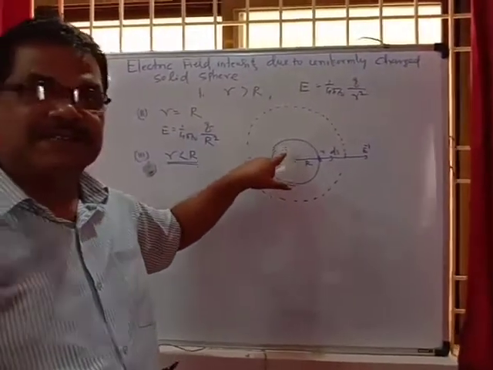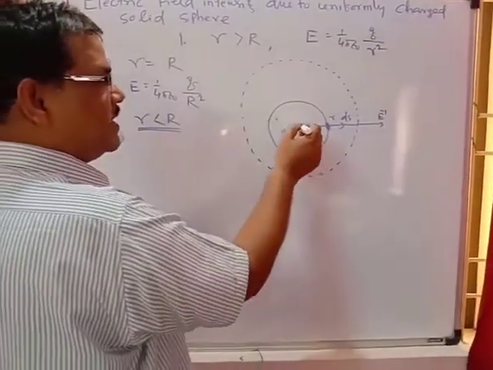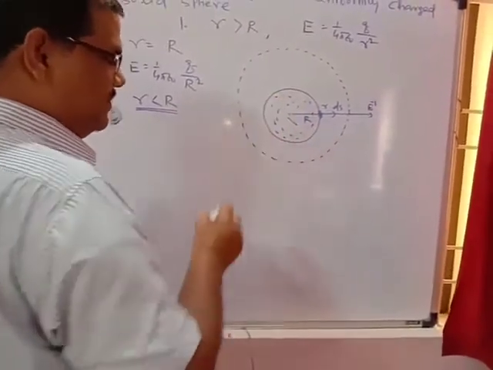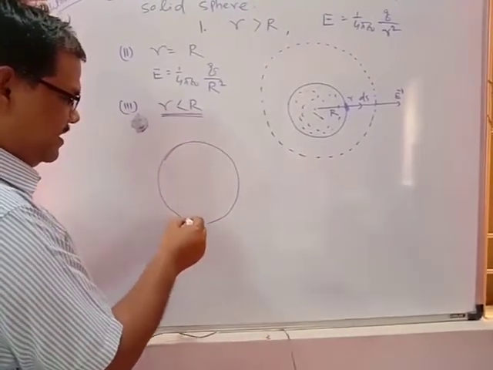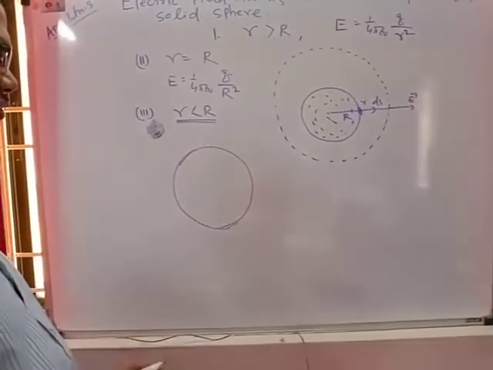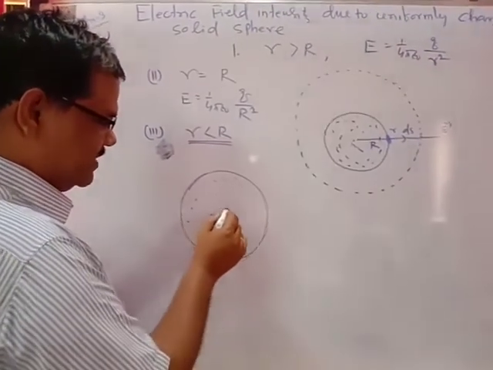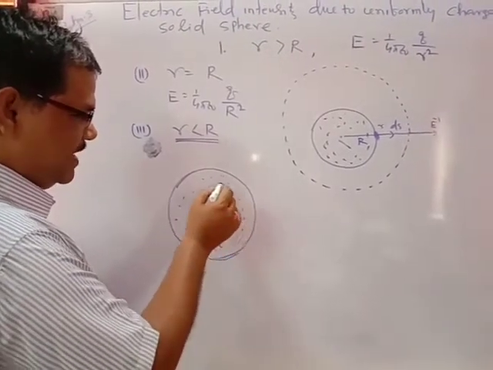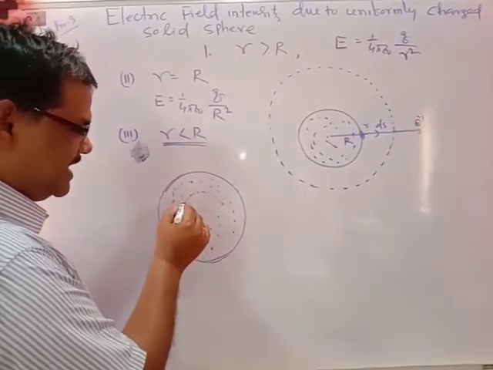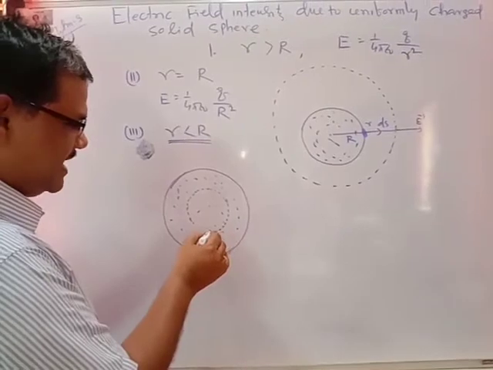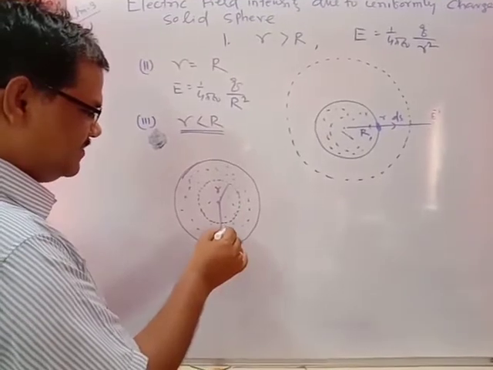the charges will be distributed throughout the sphere. For conducting, you cannot get charges inside the sphere. In this case, what do we have to do? This is the sphere, a non-conducting sphere. The charges are distributed throughout the sphere, and we have to find the electric field intensity inside. Inside means you have to choose the Gaussian sphere like that. This is the Gaussian sphere with radius small r, and that is the big charged sphere with capital R.